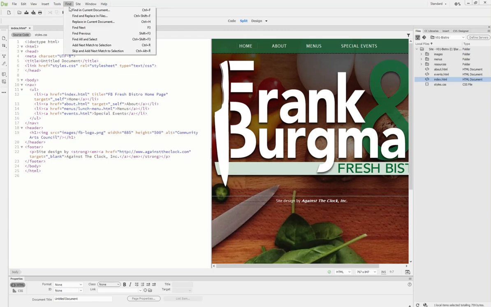And we're going to do Find and Replace Files. You have an option, Find in the current document, Replace in the current document, so on. Here you have Find All and Select. There's all different ways of doing things. However, in this particular case, we're going to use Find, and we're going to replace the files in the entire